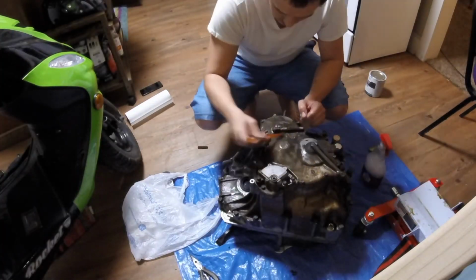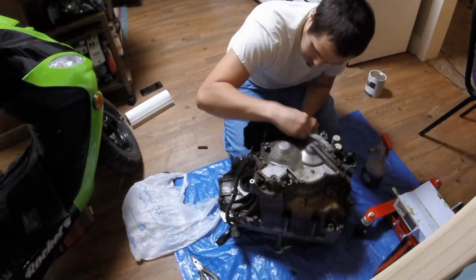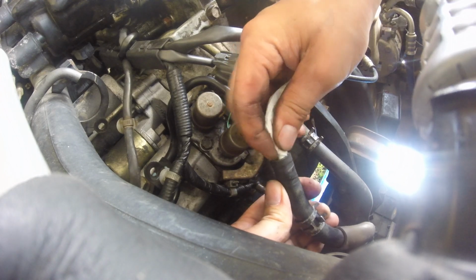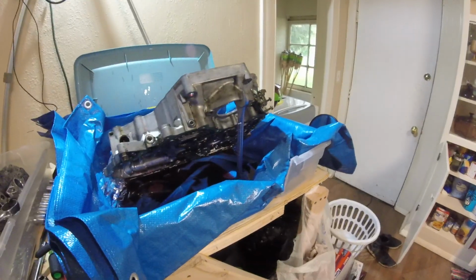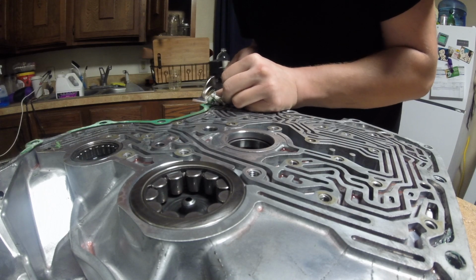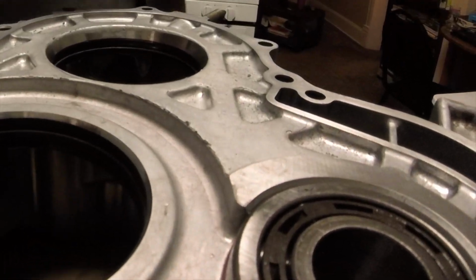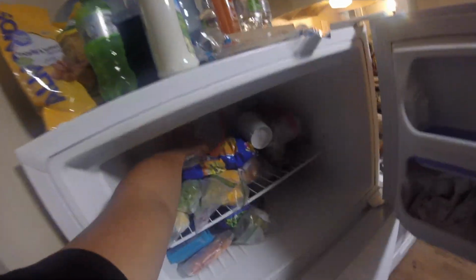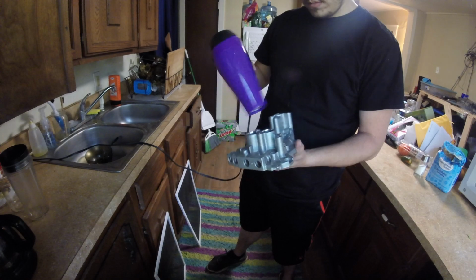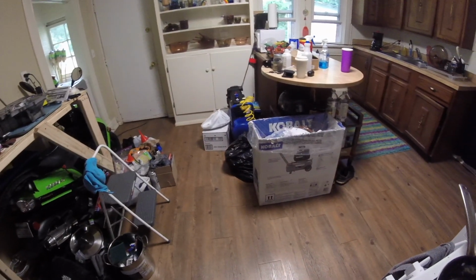And that's about it for the major jank moments of this kitchen transmission rebuild. When I decided to make this video, I thought there were more. There were a few small things here and there, like using a glove and a rubber band to cover up the air intake, or paper towels to stop the cooler tubes, propping the case up with a spanner so it could drain, using a razor blade to remove the old seals, not being able to get one of the bearings out of the case, putting a bearing in the freezer to get it to fit back into the case, using my girlfriend's hairdryer to dry the parts after washing, and the fact that my entire house turned into a transmission